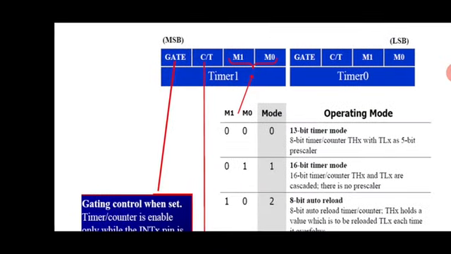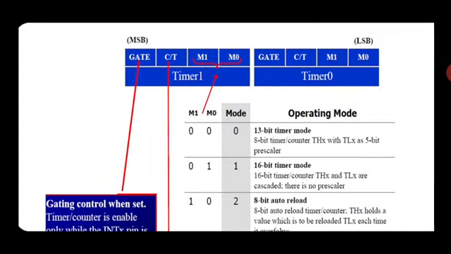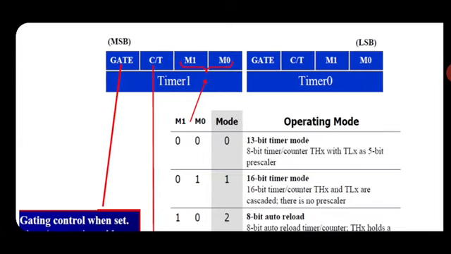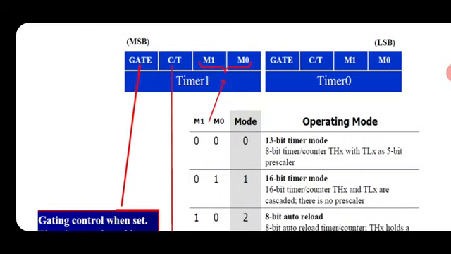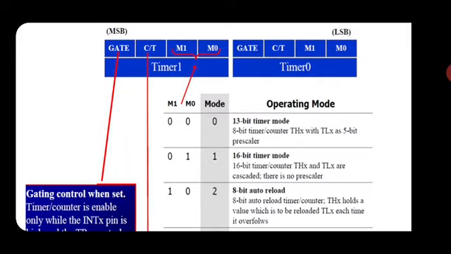Here I showed it with arrows in red, but don't say that I discussed only timer 1. It is the same operation and holds good for timer 0 also, but the bit positions are different. Now I'll take timer 1, M0 and M1. These are two bits that have to be used together. You need not use them individually. M0 and M1 will be used together.